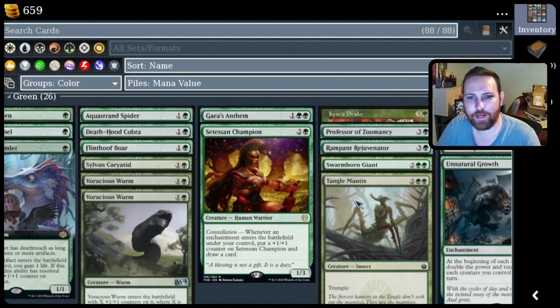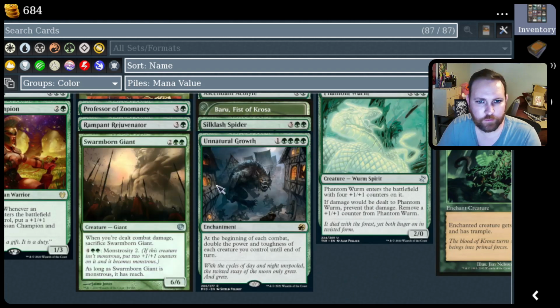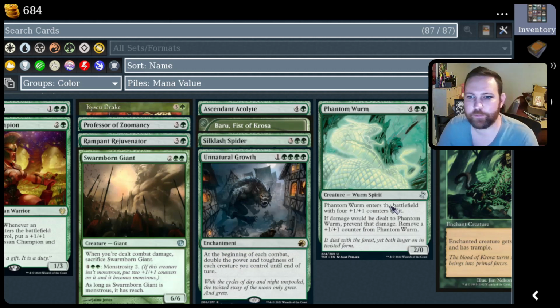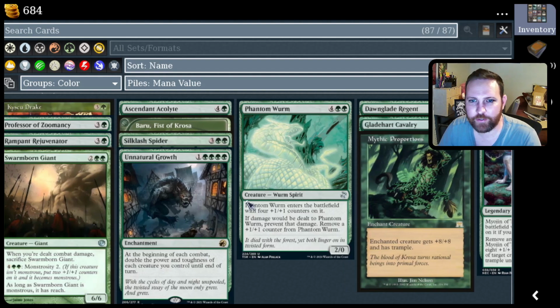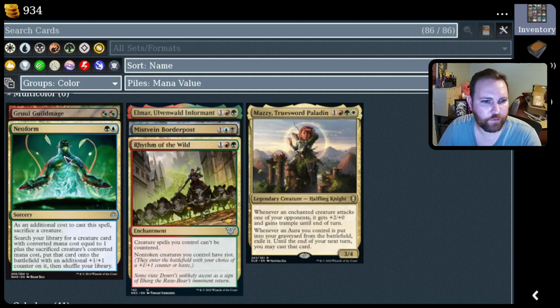Oh, do I want to add the Gaia's Anthem? Good question. Sorry, Baru. It's gonna be very embarrassing if I get another Baru somewhere along the way. You know what? I'm gonna hang on to him. It would be fun if I get multiple Barus to actually be able to use Grandeur. I don't know if I've ever used Grandeur in my life. If I did, it was probably with Corlash. I'm not keeping General Kudro or Neoform